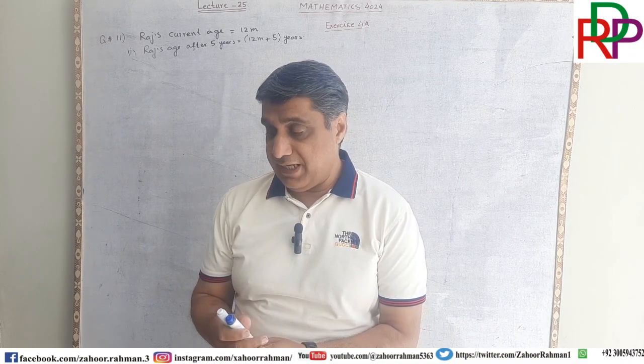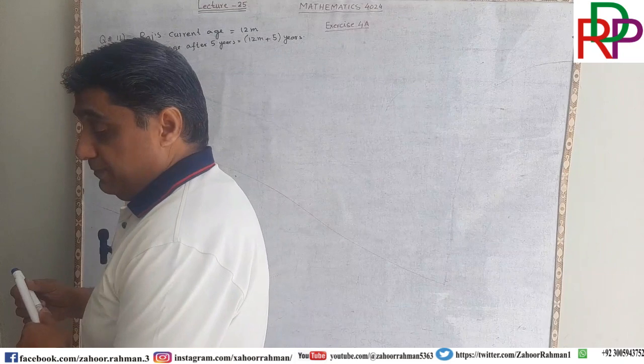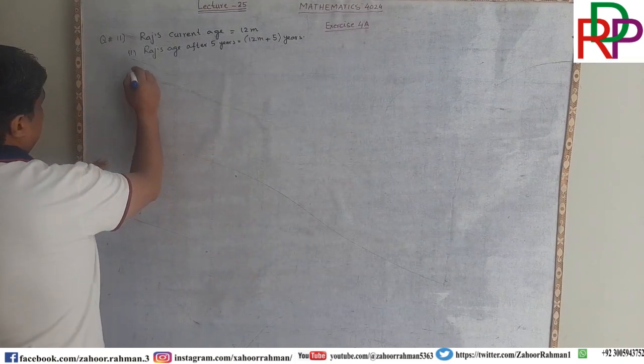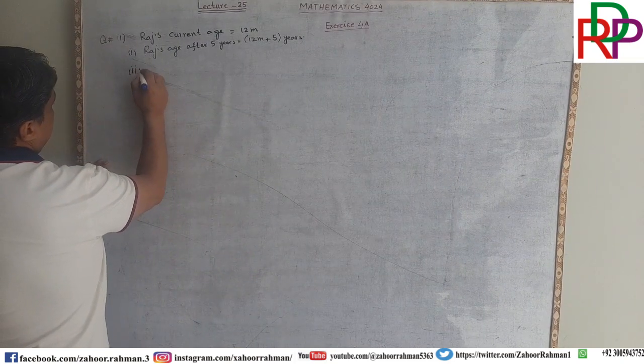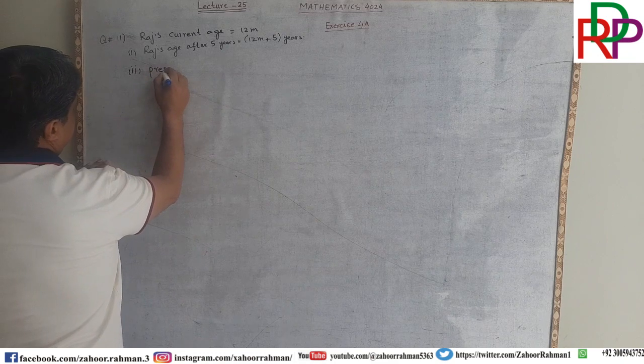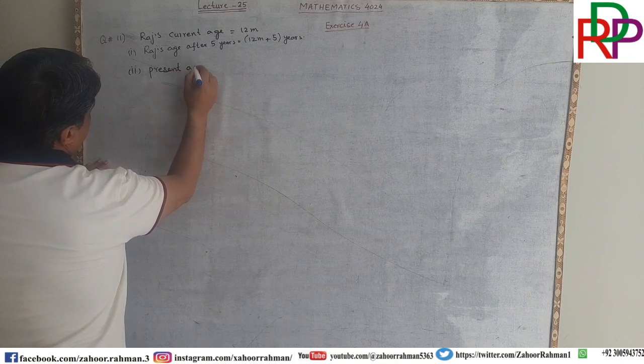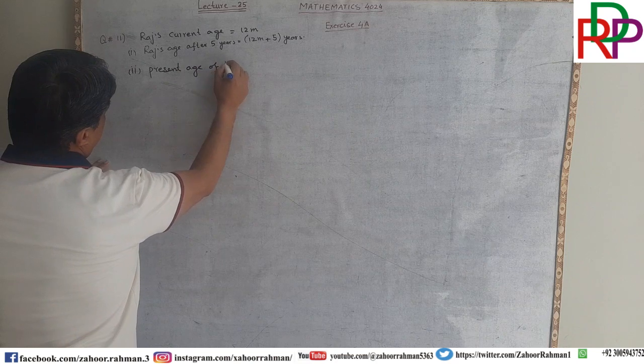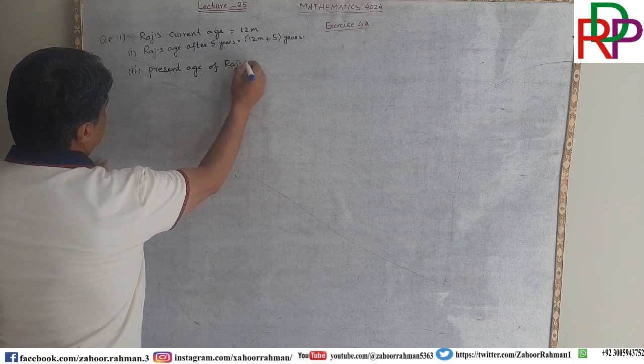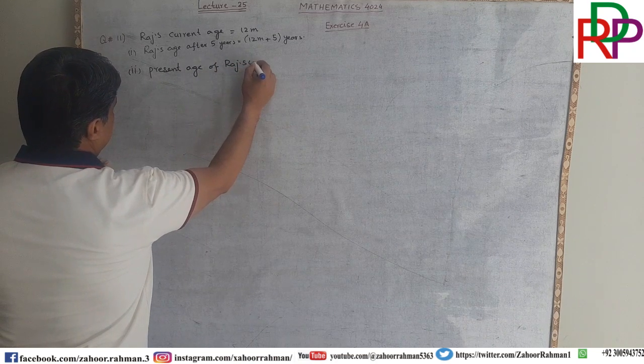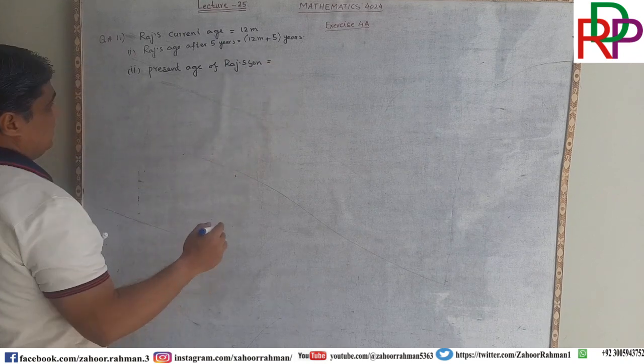So here I am writing present age of Raj's son. Present age of Raj's son is equal to